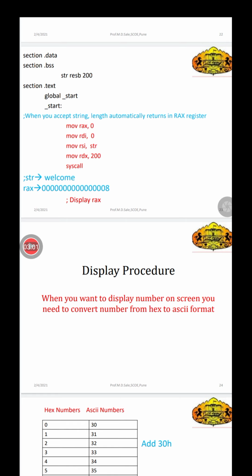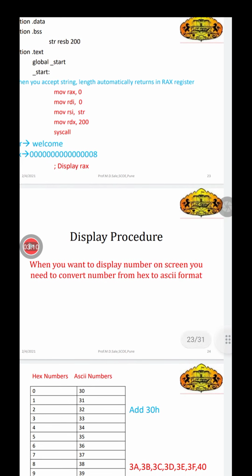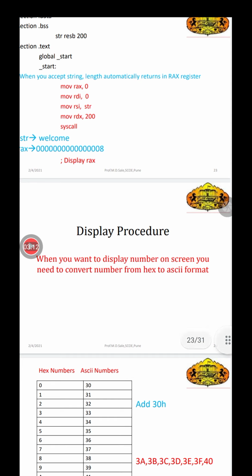Suppose the string is WELCOME. So the total length of the string is 8: W E L 1 2 3 4 5 6 7, and one more for enter. After welcome we are pressing enter, so that is also counted in the string length. So the total length is 8, and that is returned in RAX.